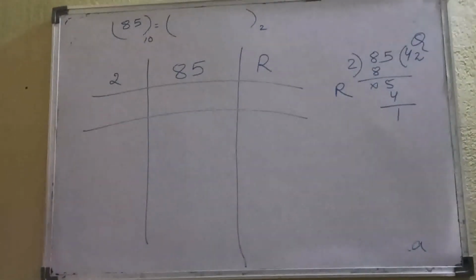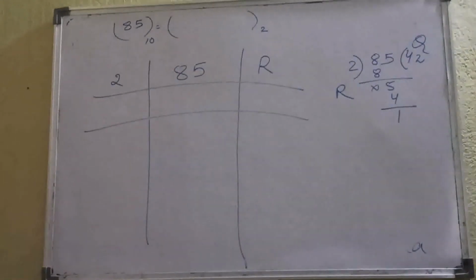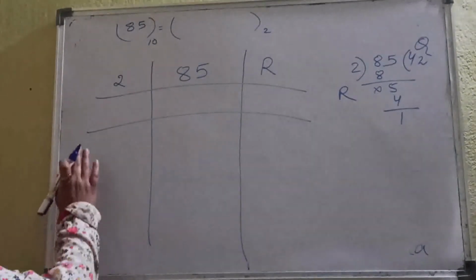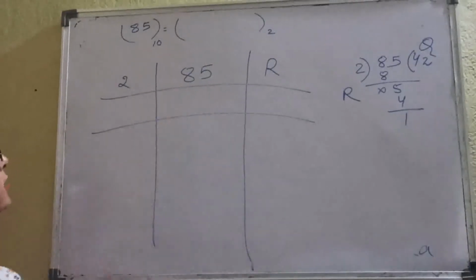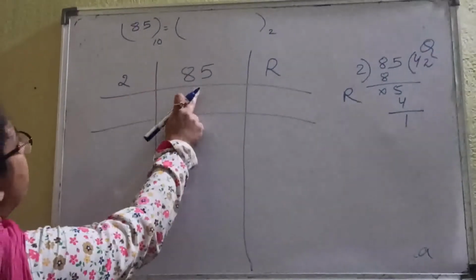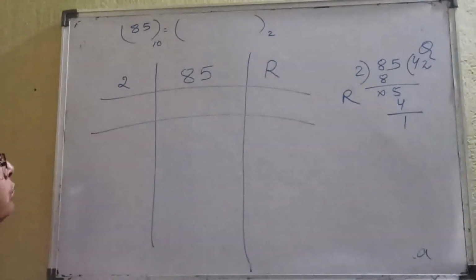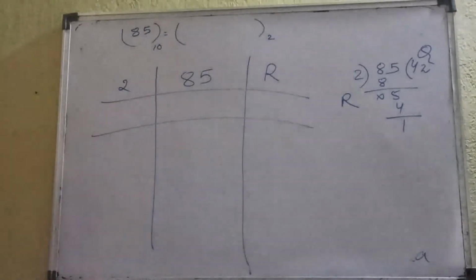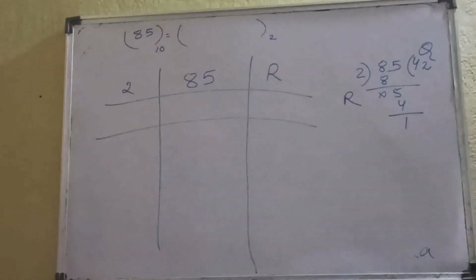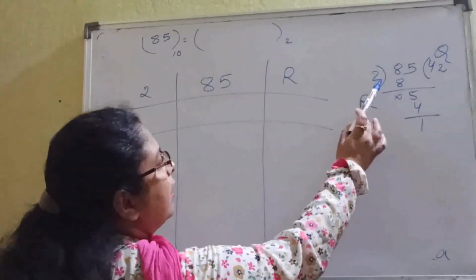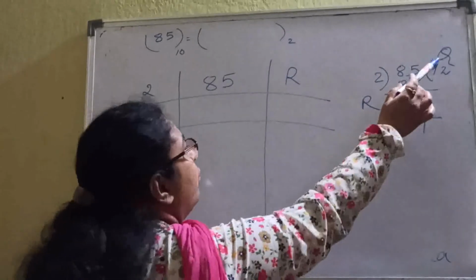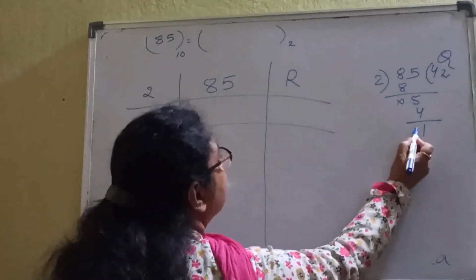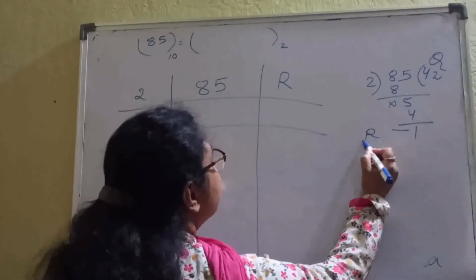Here you see, this is the process how we are going to convert the decimal number system into the binary number system. What you have to do, here you have to write the decimal number, and here you have to write 2, because you are converting decimal to binary. Now you have to divide the number. You can see in this example, here I have divided the number by 2 and this is the quotient and this is the remainder. Here what you have got, this is the remainder.